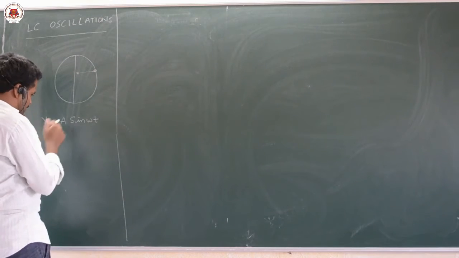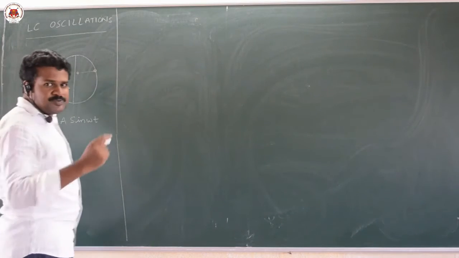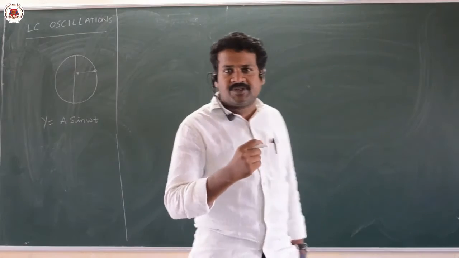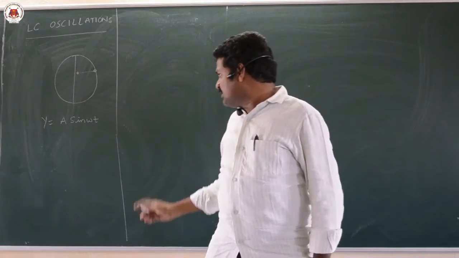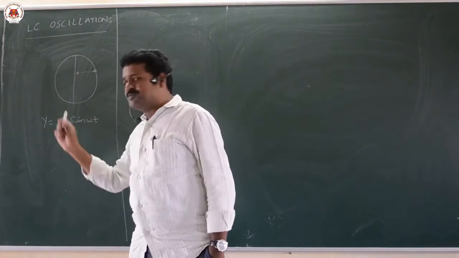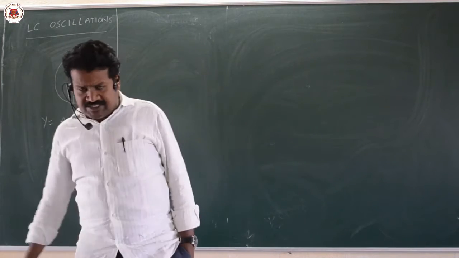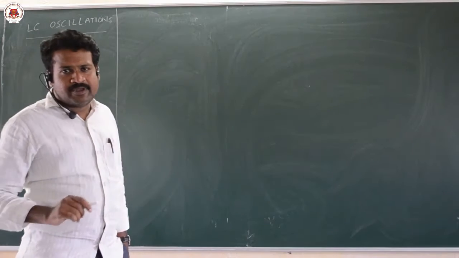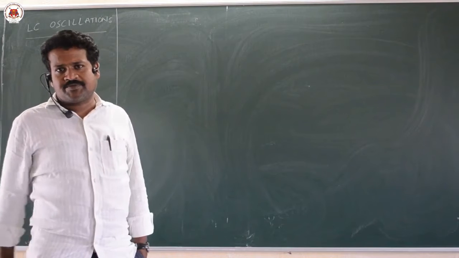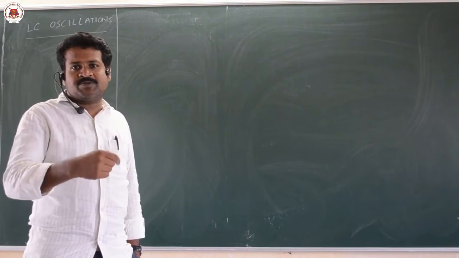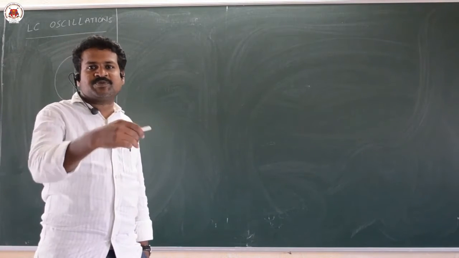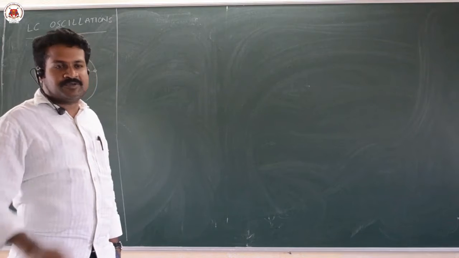So here what is oscillating? Displacement is oscillating. Displacement is changing with respect to time. At time t = 0, displacement was 0. Like that, displacement is varying. LC oscillation is similar to this kind of oscillation, but in this one a different physical quantity will vary with time. Let us find what is varying with time.